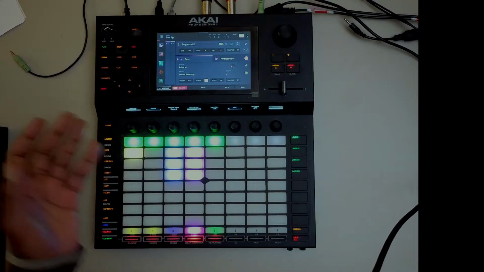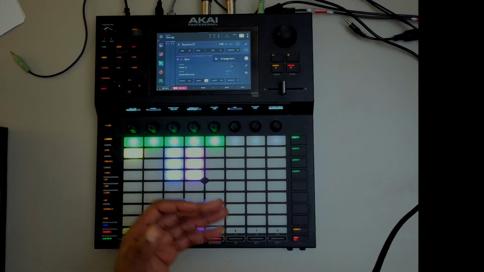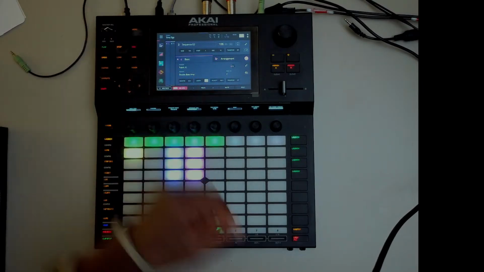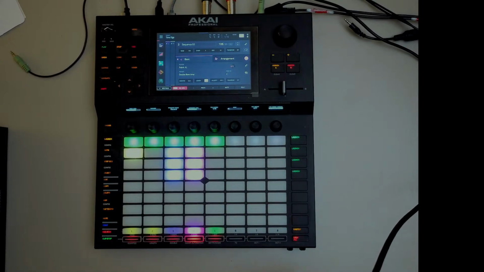So if you were doing a tune and you said, "Oh no, do you know what? I like that." What you do is you just copy that sequence over and then have it loop round. So, like I said, there's 90 million ways.